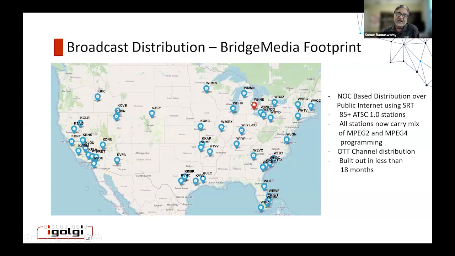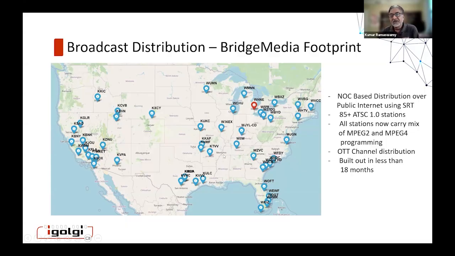And they also started an OTT service with their initial channels, which we built out for them. This entire infrastructure was put in place in less than 18 months. That included building out some of the stations that they had to build out, and the network NOC itself, housing all the encoders. By the way, EAS, PCEP, all that injection, everything gets done at that broadcast facility in Detroit. And all you're doing is sending SRT streams over public internet infrastructure to all these stations. These stations have SRT receivers, and then they put them on air.